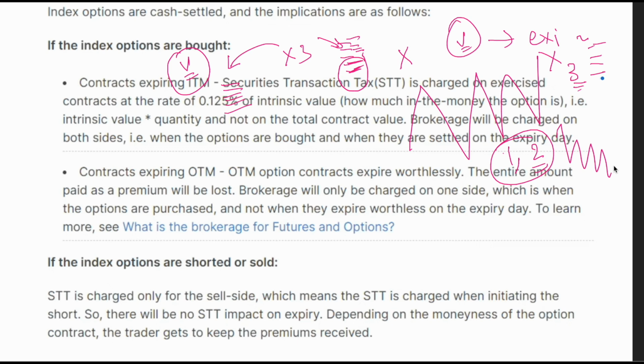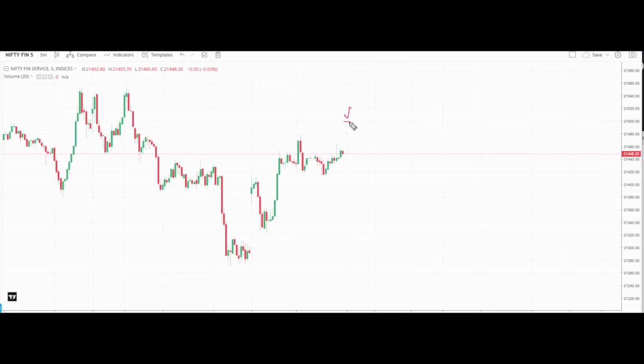Now these are some of the points which I want you to take into consideration to get better results as an option buyer. Traders, now only theoretically we have discussed about the concept of how to choose the best strike price for a trade. Now there is an assignment for you.